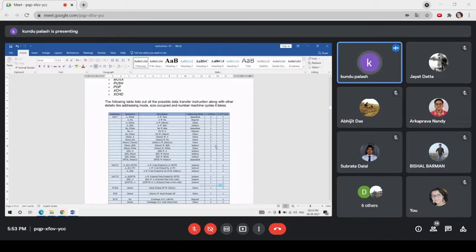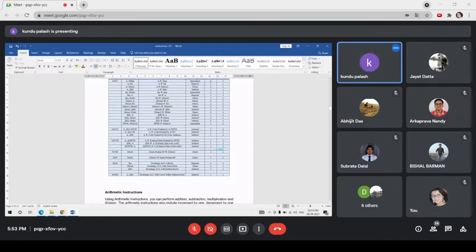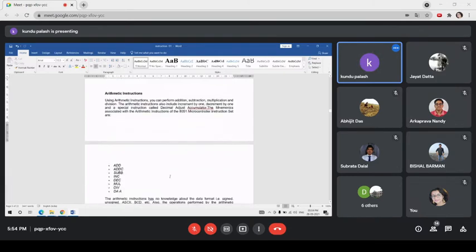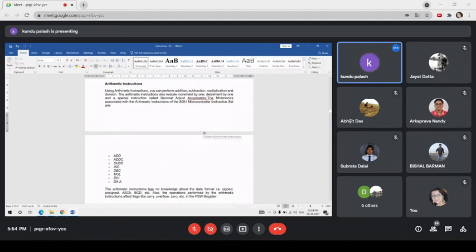That will depend on the nature of the instruction. So these are the arithmetic instructions: ADDC, add, or subtraction SUBB. ADDC means add with carry, SUBB means subtraction with borrow, increment, decrement, and MUL-DIV. These are the two additional instructions offered by the 8051 microcontroller, because there is a multiplication with a byte